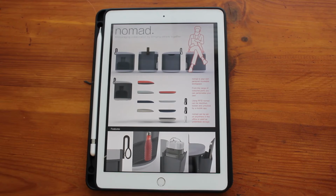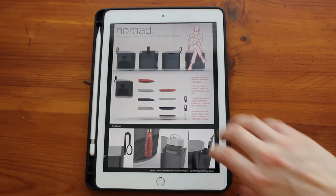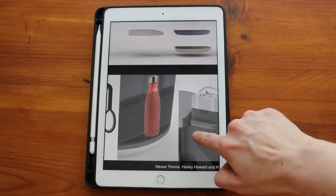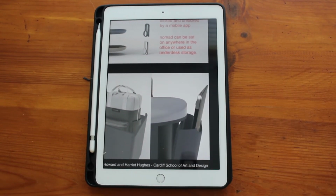Nomad has different coloured parts so it can be personalised by the user. Features and benefits include an adjustable handle for people of different heights, an easy access mesh pocket, a large pocket at the back for people with bags in the morning, and then also a quick access pocket for things like